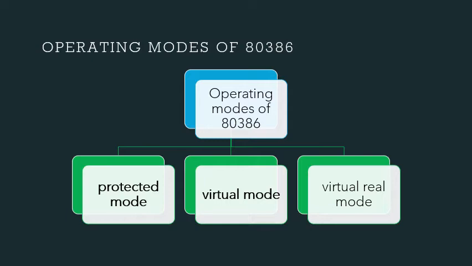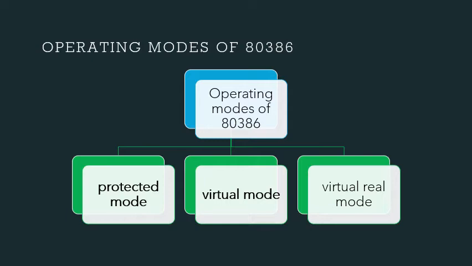However, to have better operating performance, a separate software command is used to switch from real mode to protected mode. But it requires resetting the microprocessor in order to switch back to real mode from protected mode. This drawback was eliminated in 80386, which allows switching between the modes using software commands. In the protected mode, the 80386 microprocessor operates in a similar way to the 80286 but offers higher memory addressing ability.